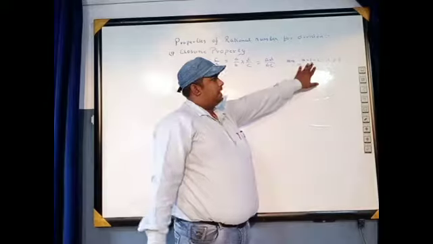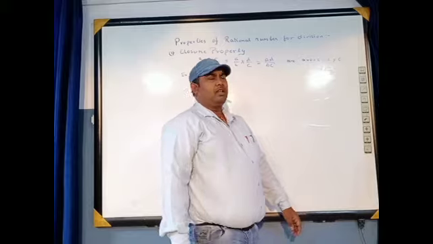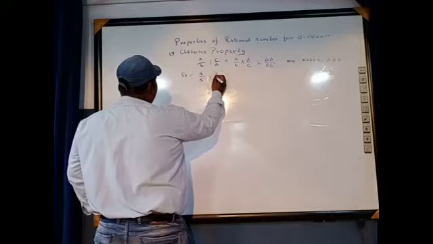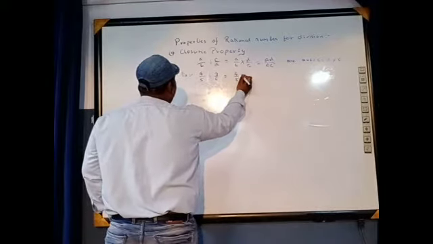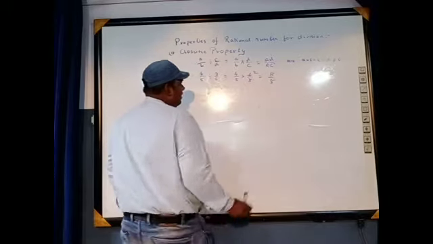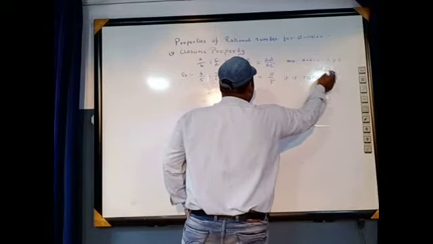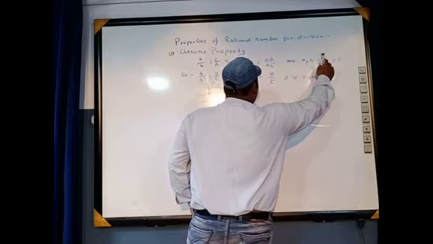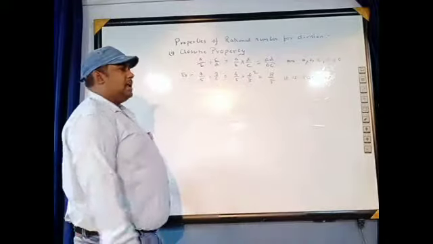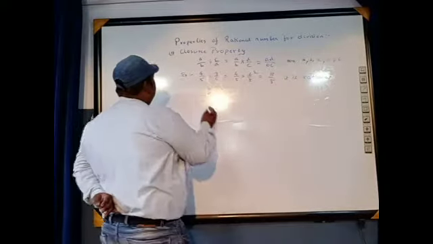As we have told you, any one not equal to 0 means, look here, 4 by 5 divided with 3 by 6, you will get 4 by 5 into 6 by 3, you will get 8 by 5, that is, it is rational. Here in place of equal you can give comma also. Okay? Any of the four not equal to 0. Now, it is a rational.